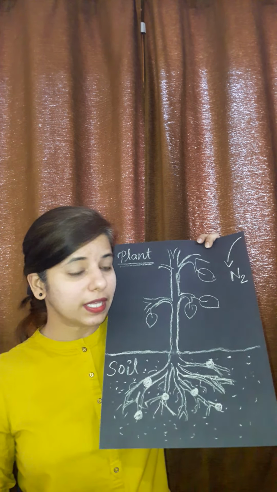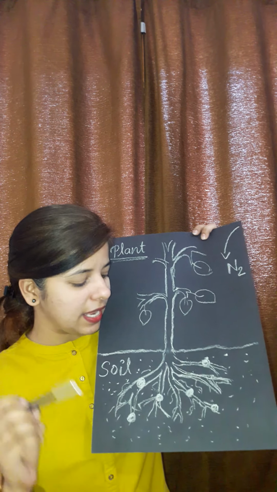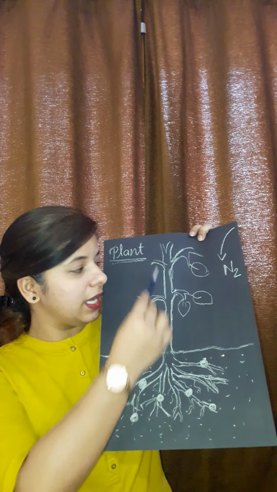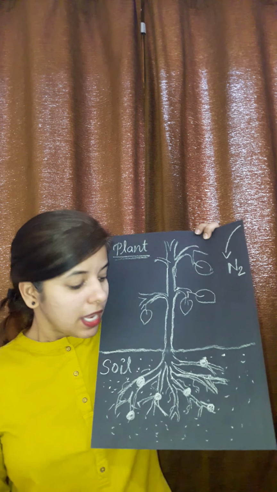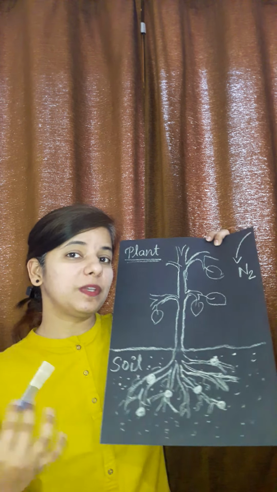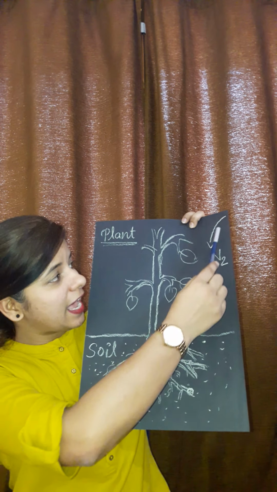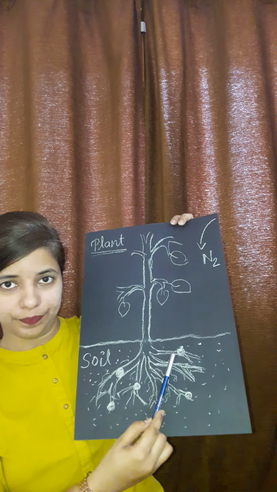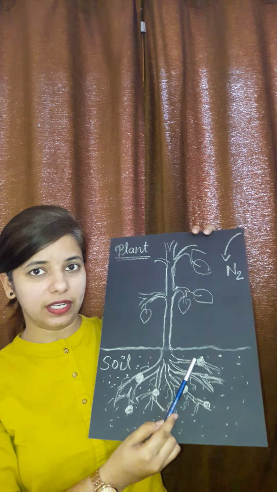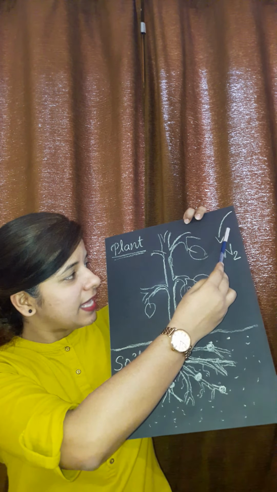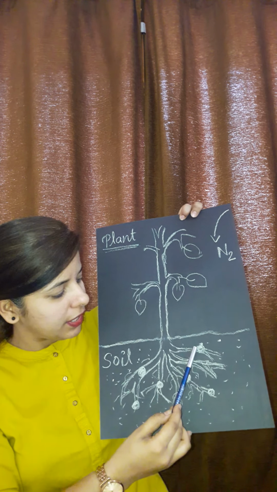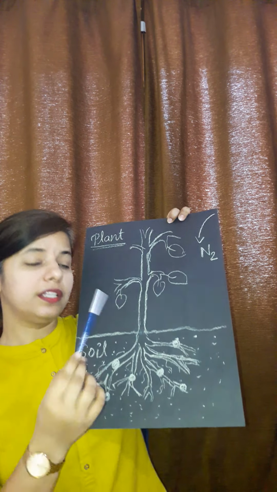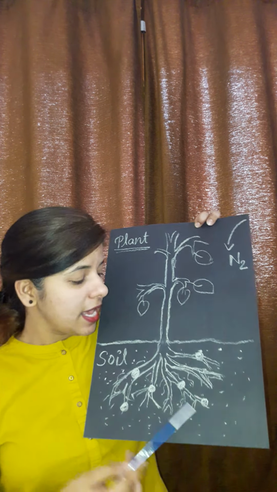Now this bacteria has a special power that it absorbs the nitrogen from the atmosphere. This Rhizobium bacteria absorbs the atmospheric nitrogen, and converts this nitrogen gas into the form of